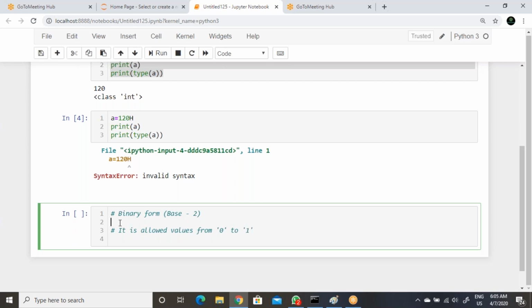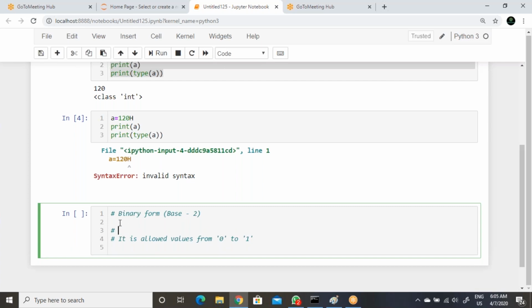Or we can say this is bytecode, or machine understandable code, binary language. The machine can understand 0 and 1. Those two numbers are included, that's why the base value will be 2.